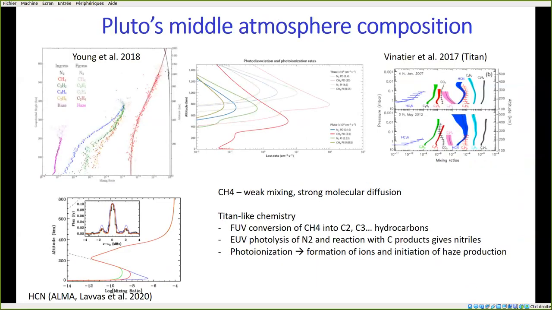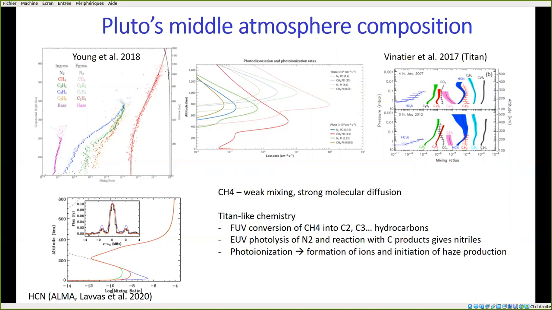New Horizons has revealed the chemistry of Pluto's atmosphere. It has detected vertical profiles of several hydrocarbons. There is one remarkable aspect here, which is that the mixing ratio of methane increases quickly with altitude. To some extent, this may be expected as being the effect of diffusive separation, because methane is lighter than N2. But in fact, the increase starts very close to the surface, which implies that vertical mixing is poorly efficient. And this is probably related to a highly stratified lower atmosphere.